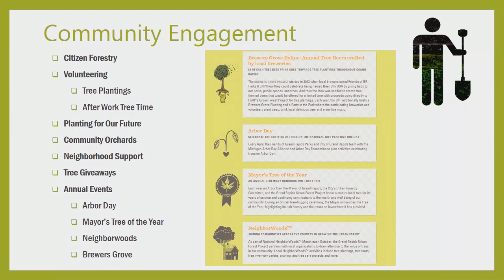Planting for Our Future, like I said previously, is our planting efforts on public school properties. We fund community orchards in our neighborhood. We provide neighborhood support through neighborhood strategic planning. That's for forestry, neighborhood forestry strategic planning. We actually are working with 6 neighborhoods, having them utilize the tree plotter, their tree inventory, to create neighborhood-specific master plans for forestry. And then they are able to apply for funding for tree plantings or able to come to us with tree concerns for maintenance. We do a couple tree giveaways, and then our annual events, as most communities, we have an